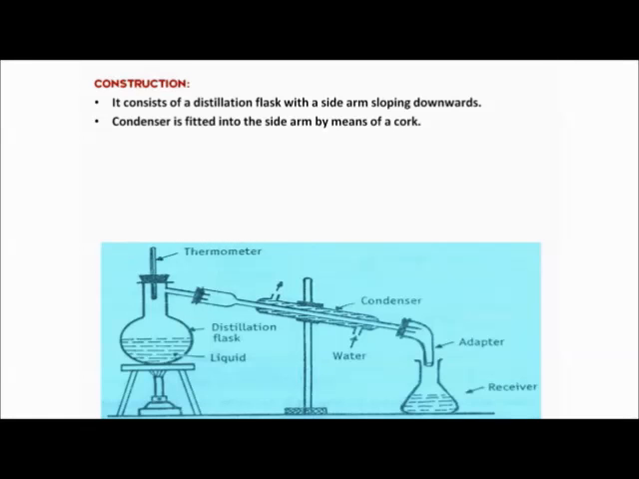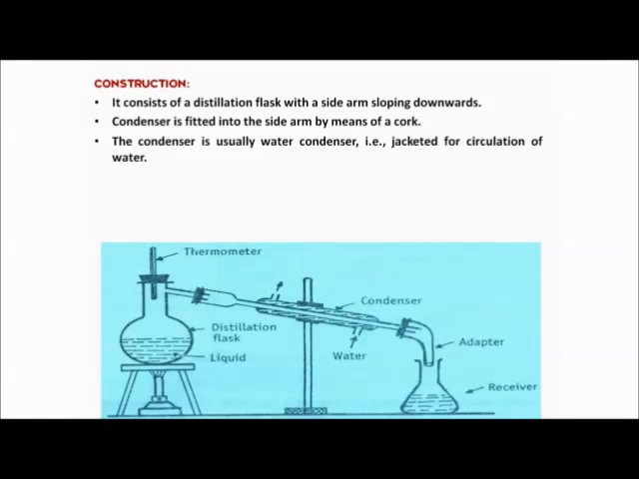Next, a condenser is fitted into the side arm by means of a cork. So this is the condenser. It is fitted to the side arm by means of a cork, right? Now you see, the condenser is usually a water condenser that is jacketed for circulation of water. Now what is a water condenser? See, I am simply showing you in the figure. In this condenser there are two